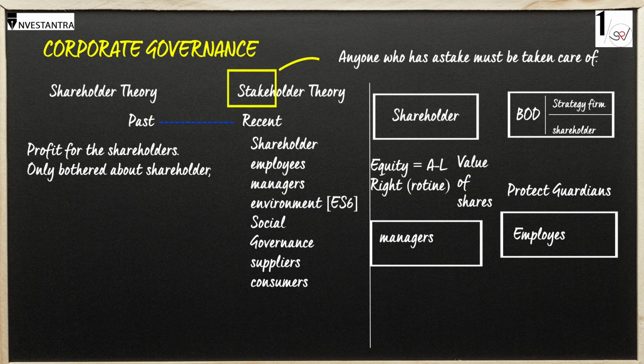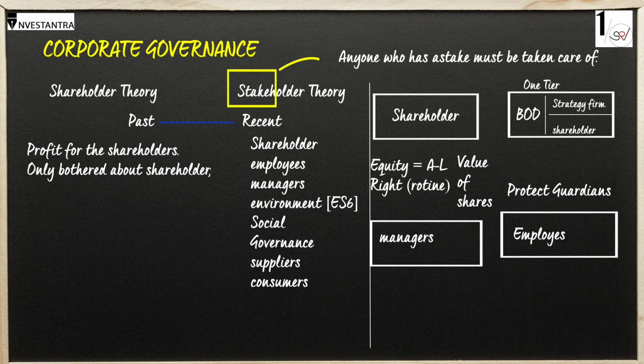Now, what's interesting is this again bifurcates into one tier and two tier BODs. One tier and two tier BOD. So what do these guys have? They need to protect interest. So you can say that they are more like guardians. I often say board of directors are akin to